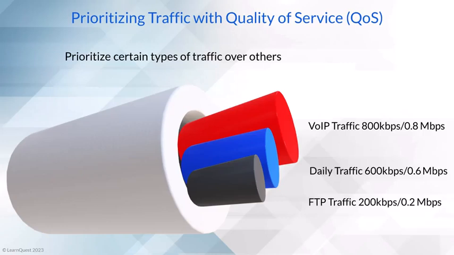Quality of service, or QoS, allows you to prioritize certain types of traffic over others. You can create policies that ensure critical applications like VoIP calls receive higher priority, resulting in better performance and user